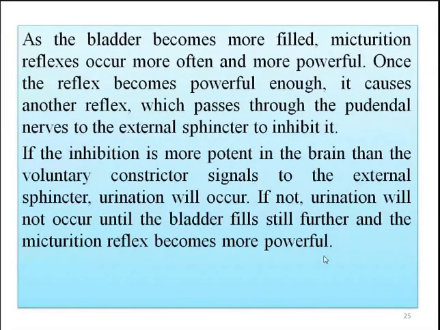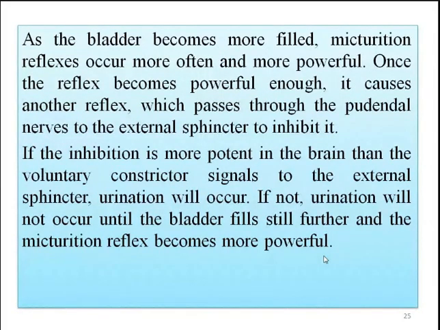The micturition reflex is autonomic, it is a spinal cord reflex, isn't it? It is not under our control. So whenever the urine volume increases to around 300 to 400 ml, there will be a strong micturition reflex, and we'll feel an urge to urinate. But what happens if we don't have the proper environment? Then the brain will send a signal to the external urethral sphincter to constrict, that you cannot open now. If you open, the urine will pass and there is no proper environment.